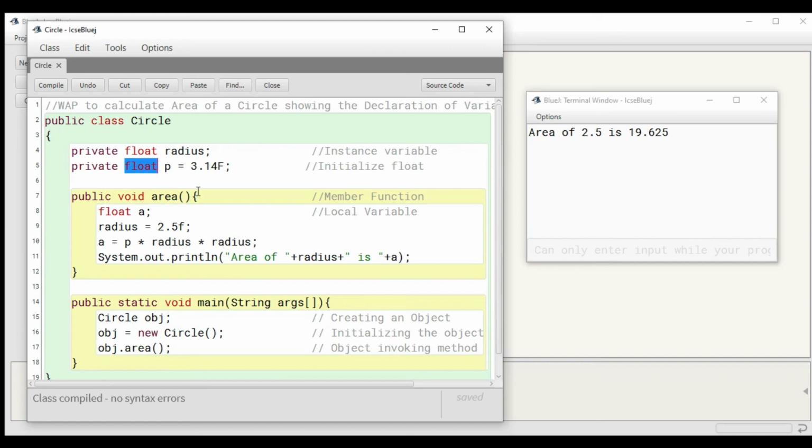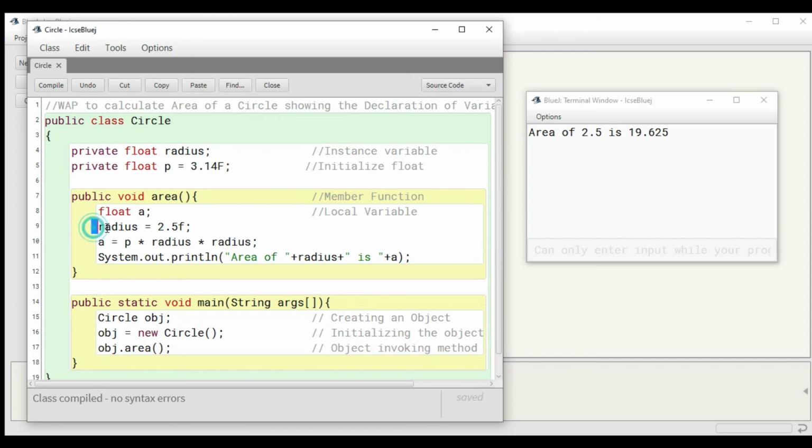In fact, I will provide you the i button link in my upcoming video where you will be able to see the different data types as well. That link will also be provided over here. If you use f, it symbolizes that you are using float, and if you don't use f, that symbolizes you are using double. So there is a difference between float and double. That's how the compiler is able to understand. Okay, so let's come to this particular program now.